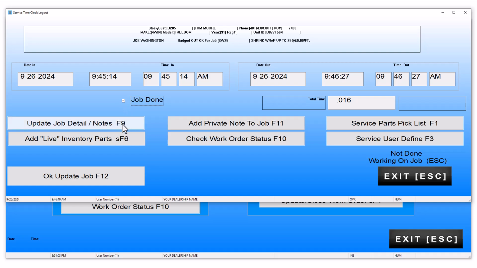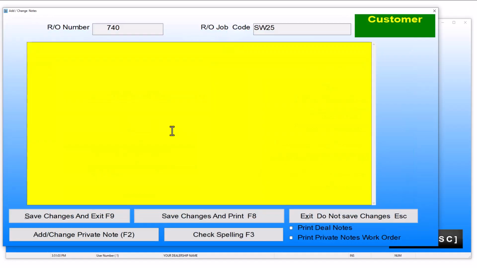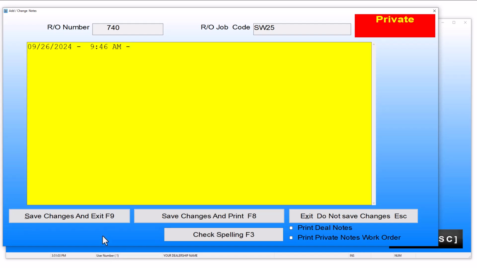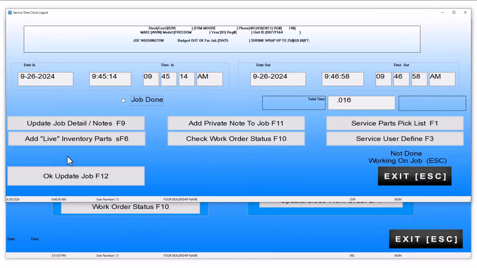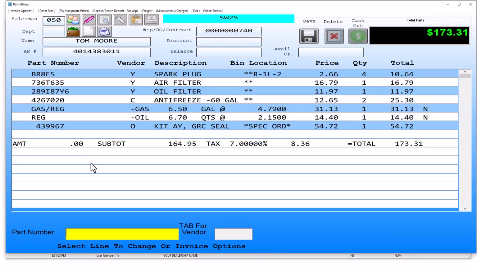I can click here. And in this case, I can put a note that the customer is going to see. So this would be a note that I want the customer to see on the bill. I also can put a private note, which is a note that the customer will never see. It'll just be for my eyes only. I also can add any parts. If I need to add a part to a particular job,